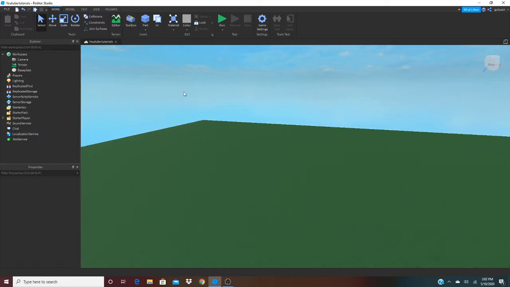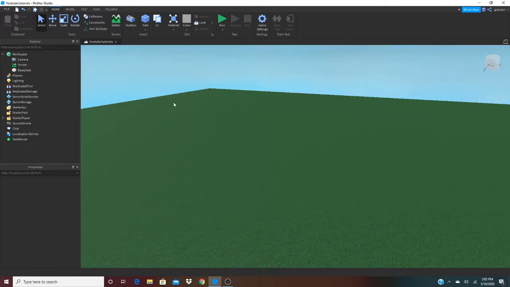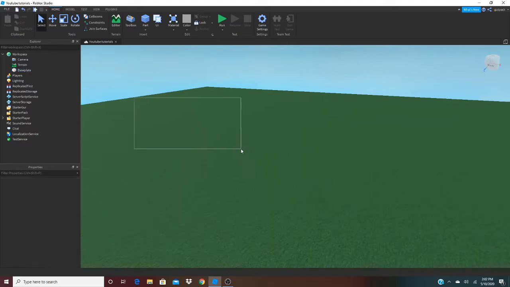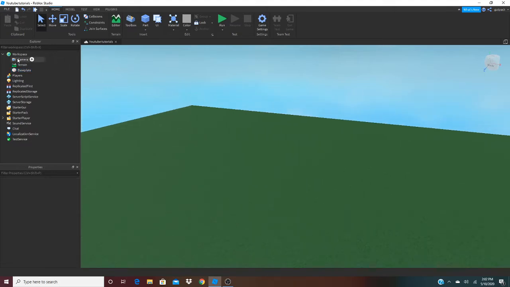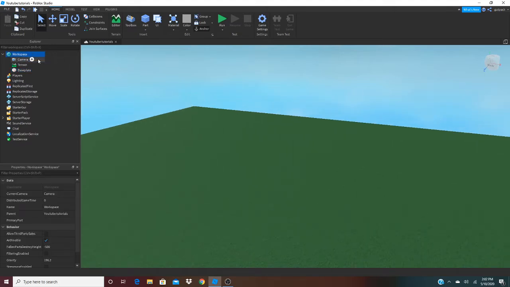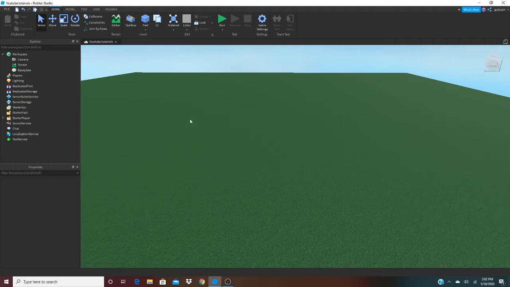A for loop is something programmers use in a lot of languages, but specifically in Roblox, it's used to go through a list and pick out one item, and you're just looping through an item. So I can loop through the workspace and pick out an object. Let me just show you what I'm talking about. I'm just going to insert